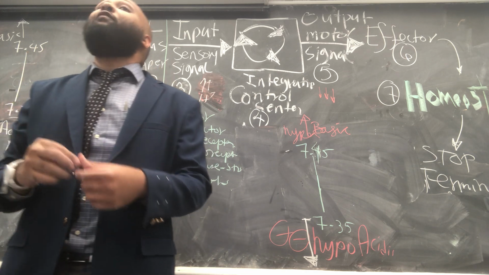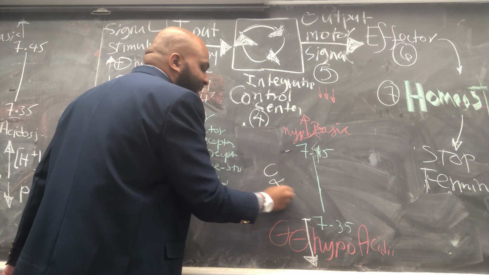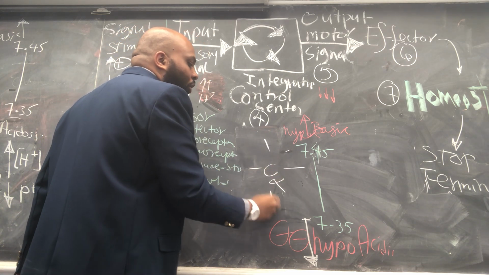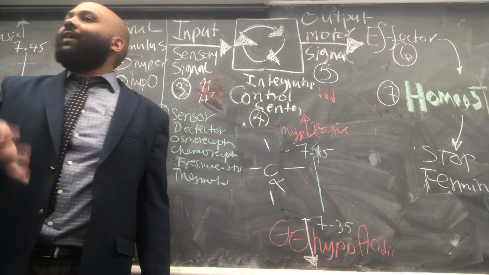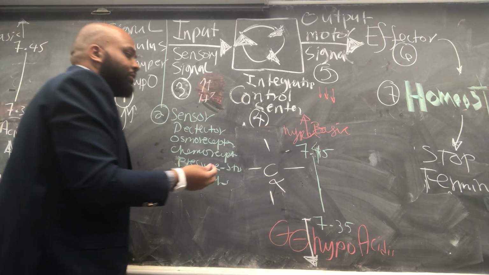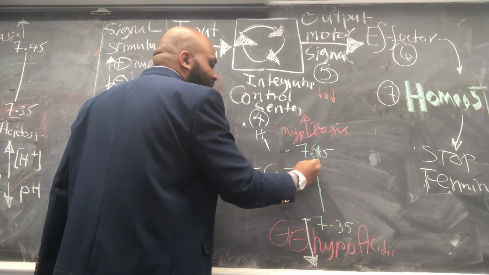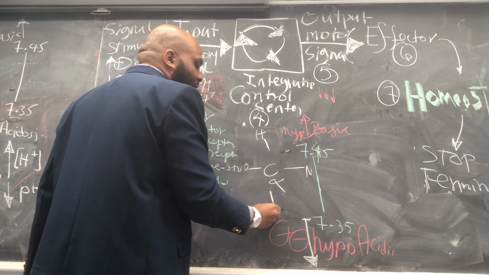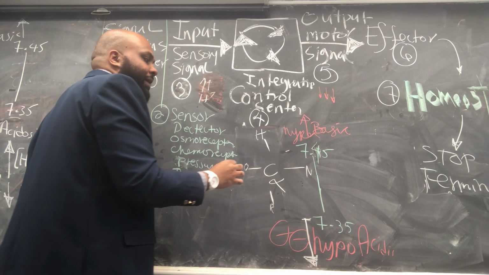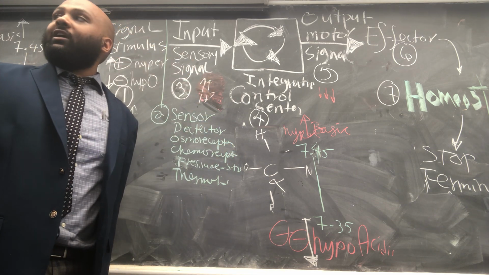Then there's another buffer system, and that is the amino acid. So the amino acid has an alpha carbon with four terminals: north, south, east, west. In the north, you have a hydrogen proton, then you have an amino terminal, then a carboxylic terminal, and then an R group. Don't worry about that. What you need to worry about is the buffer system, when there is too much hydrogen proton,